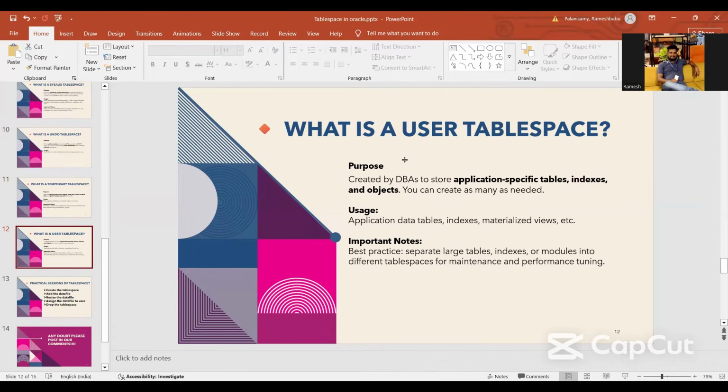Okay, the user tablespace is created by the DBA. It stores specific tables. Actually, this is optional. We can store our business data in the tablespaces also. Just recall: yesterday I created a user, like Ramesh. For that user I didn't mention any tablespace. If you want, you can check my previous video. I created a user without mentioning any tablespace,